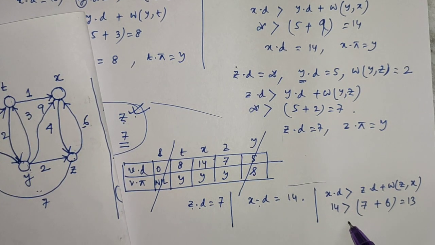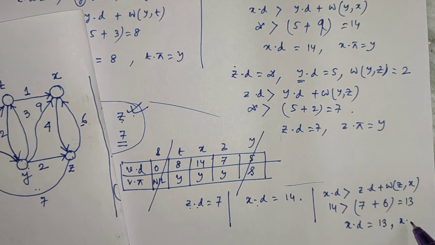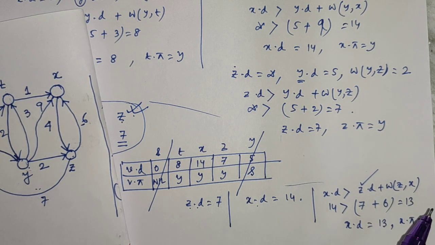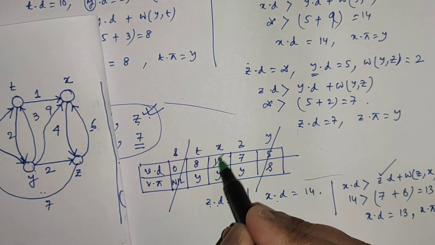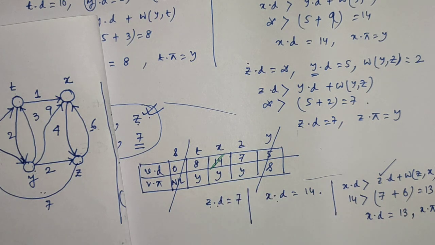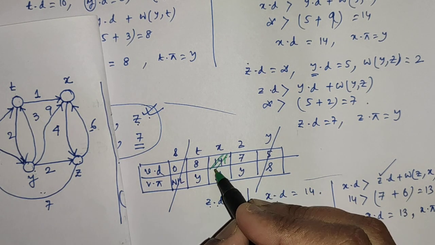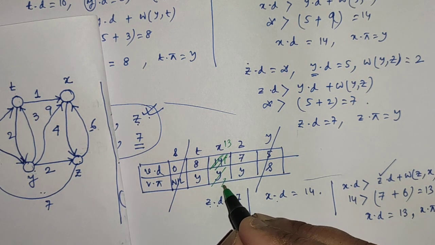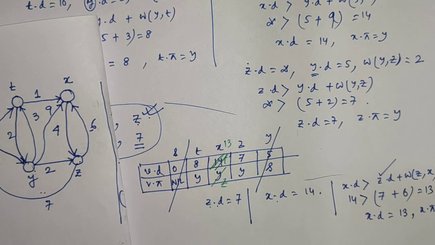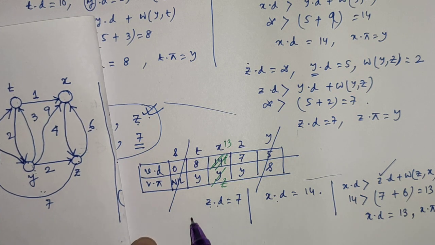So what will be the new d value for x? It is 13. And what will be the pi value of x? Because the cost is reduced due to the presence of z, so pi will be z. Okay. So I am modifying here. The new value of x is 13. And the new predecessor is z. Okay. So the modified table is